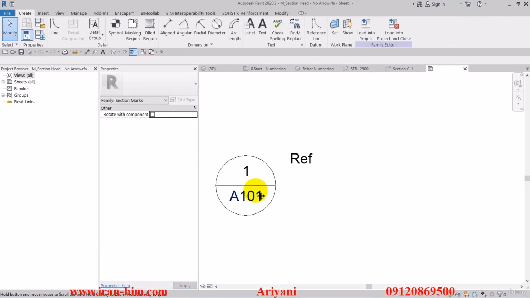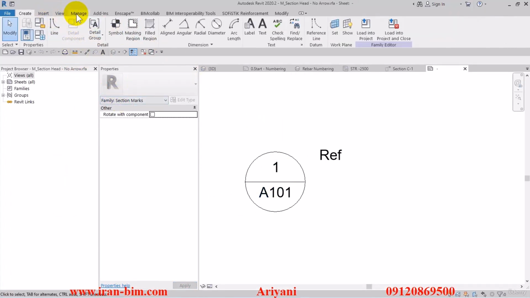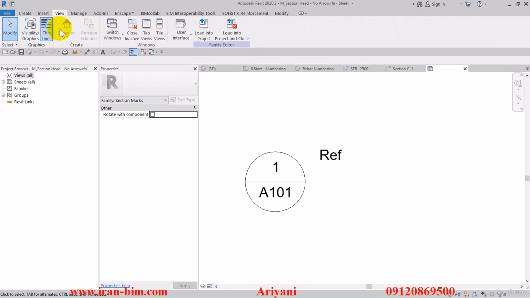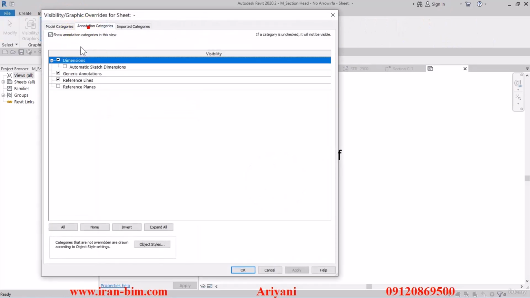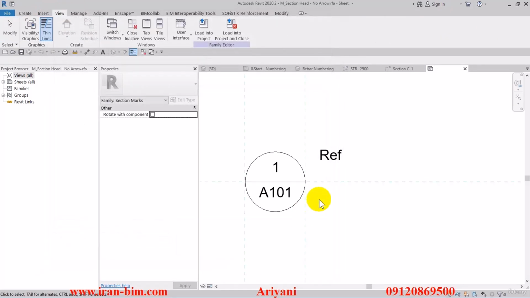Now we'll be entering the families. Now we can go over to the view tab and open up the visibility graphics menu. Then go to the Annotate tab and uncheck the reference planes. So this is the area where the section tab goes, and